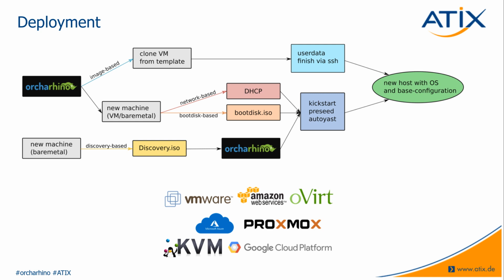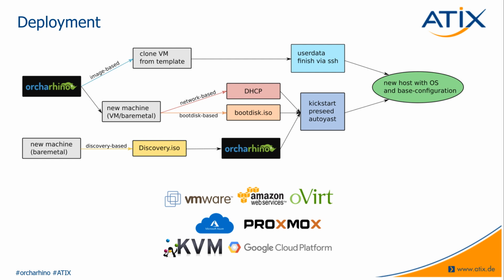We have the three main topics, let's say. First is deployment. Orcharhino can deploy hosts in many different ways. This is a rather complex sketch here, showing which ways exist for orcharhino to deploy a new host. So I won't go into detail about this. Basically, it's